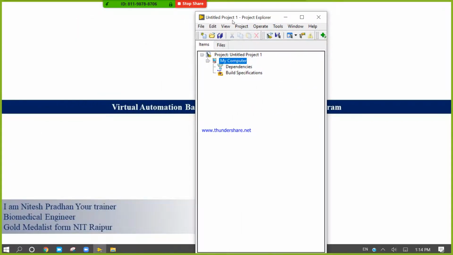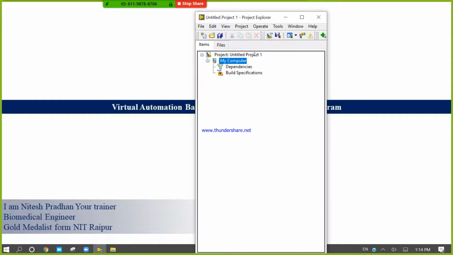We call it the Project Explorer. Now you can see the project, Untitled Project 1, like Untitled VI. It is the Project Explorer.